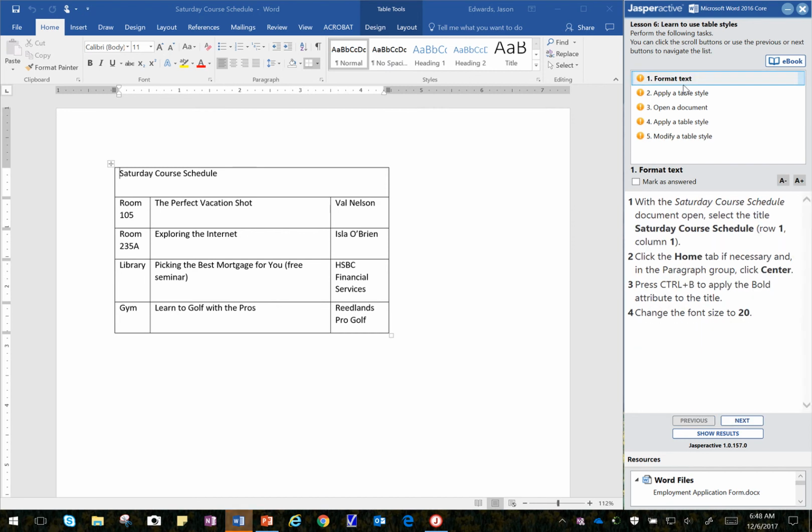All right. I'm on step 1. It says with the Saturday course schedule document open, which it is, I'm going to select row 1, column 1. So the easiest way is to position my cursor to the left of the cell so that I have a white cursor versus a black cursor. So I have a white cursor and I use my left mouse button, click once,